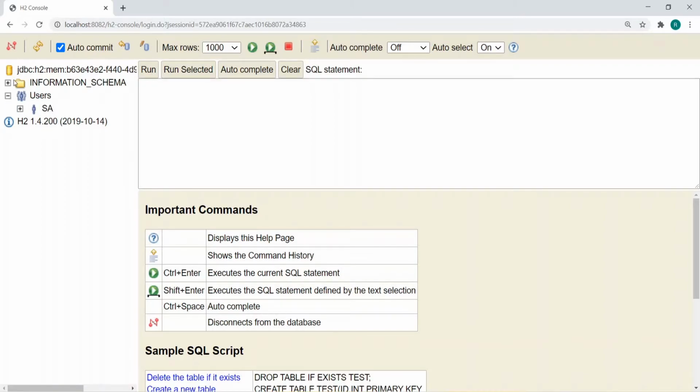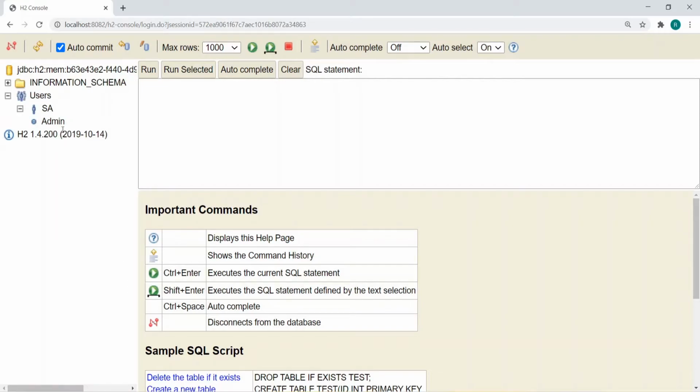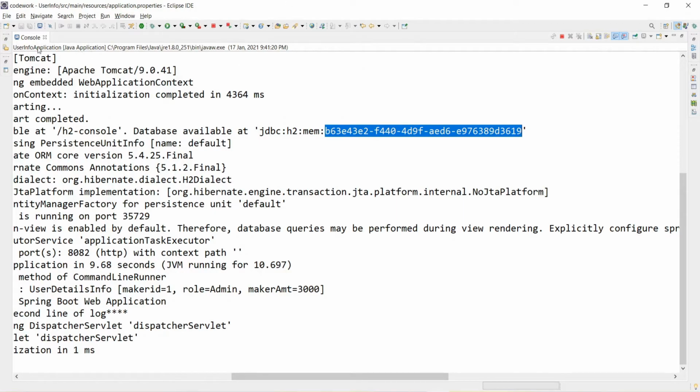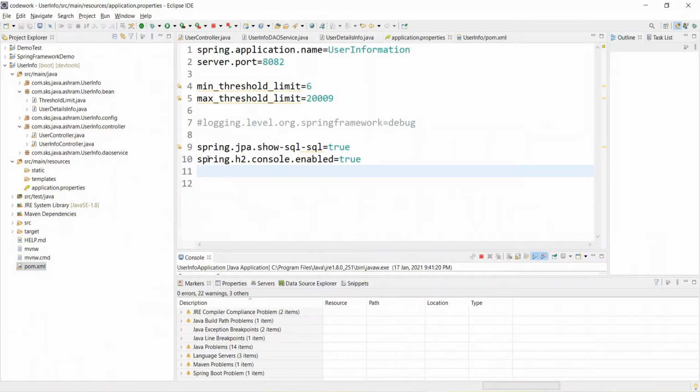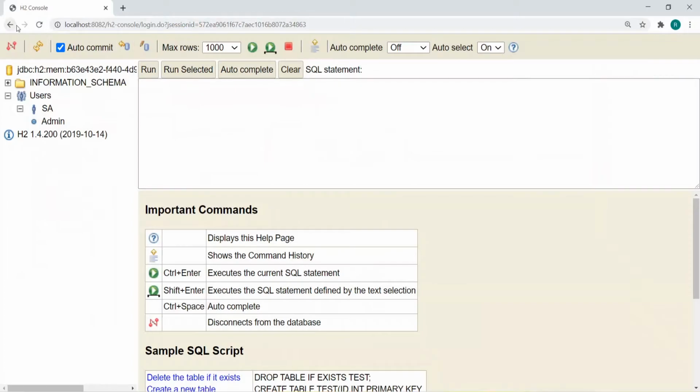If you see here, there is no table created so far, neither in user nor in admin. We will be creating the table using the annotated entity class with Spring Data JPA. But for now, you just need to learn how you can connect to the H2 console. If you do not mention this configuration, spring.h2.console.enabled, you won't be able to access this H2 console page.